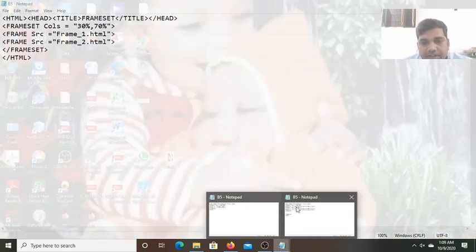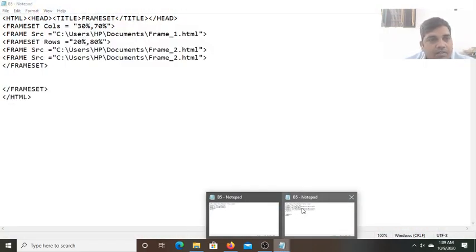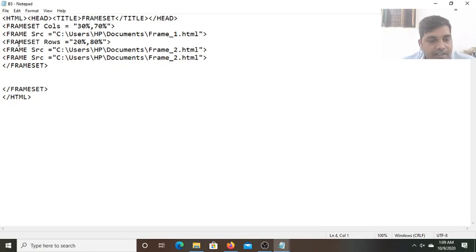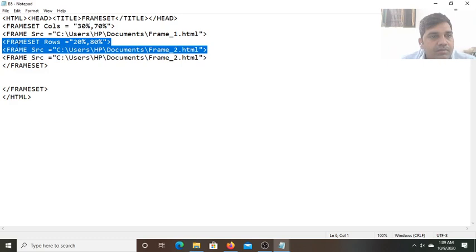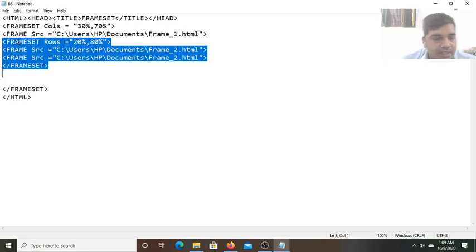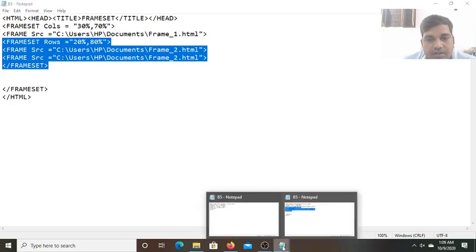So there are two files open. So this one I have written here. This is the frameset which I have written. Let me copy and write it there. This much again, Control plus C. Now we write in this one.